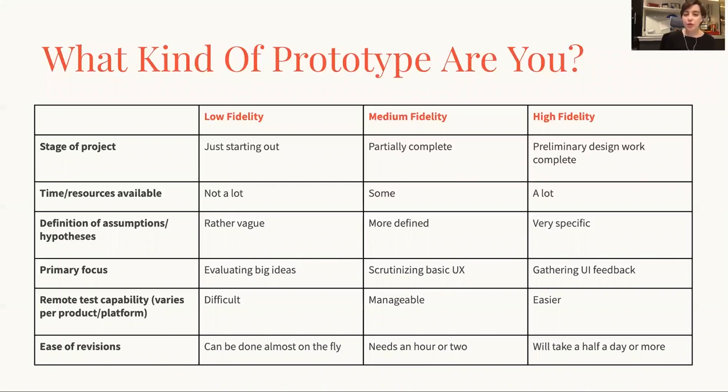But if you do need a prototype, you can use this chart to figure out how complex and at which fidelity your prototype should be. You can see you have the stages of your project listed, as well as the levels of fidelity. Other things you might be wondering about include how easy it might be to revise the prototype, or what the primary focus of your research is at this point. This hopefully will help you get settled on what your prototype should look and feel like.